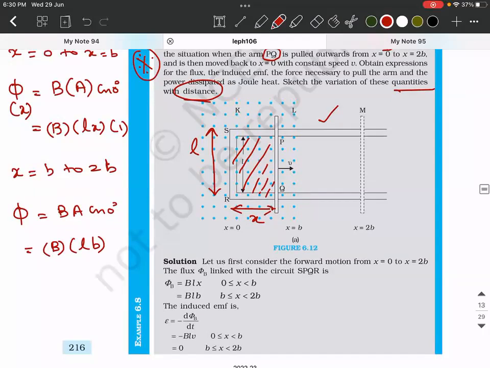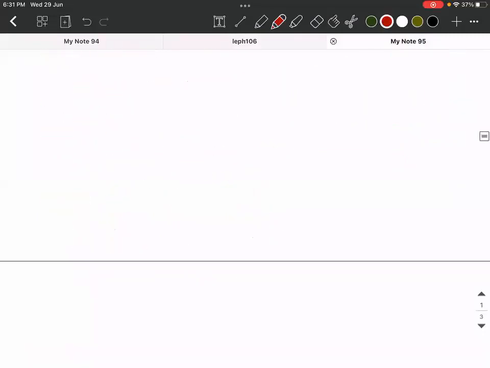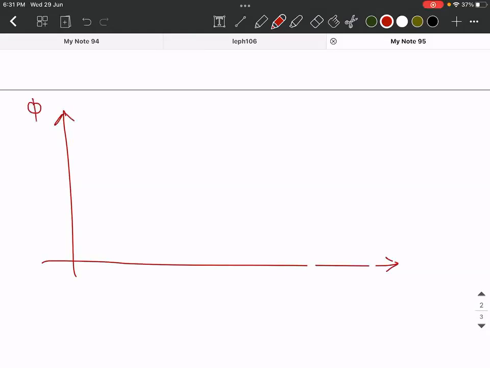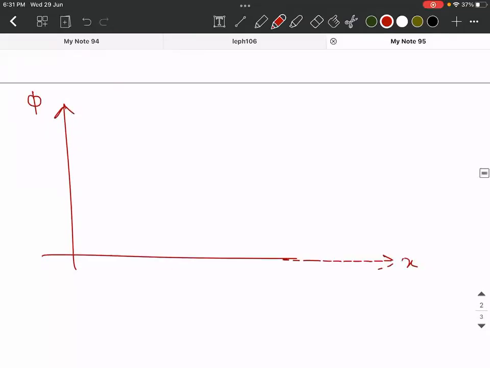The same thing happens when the conductor is returning from 2b to b and again from b to 0. But the only difference is that it is going to be a negative value. That's it. That is the scenario. Then if I take a graph like this, if I take flux as a function of